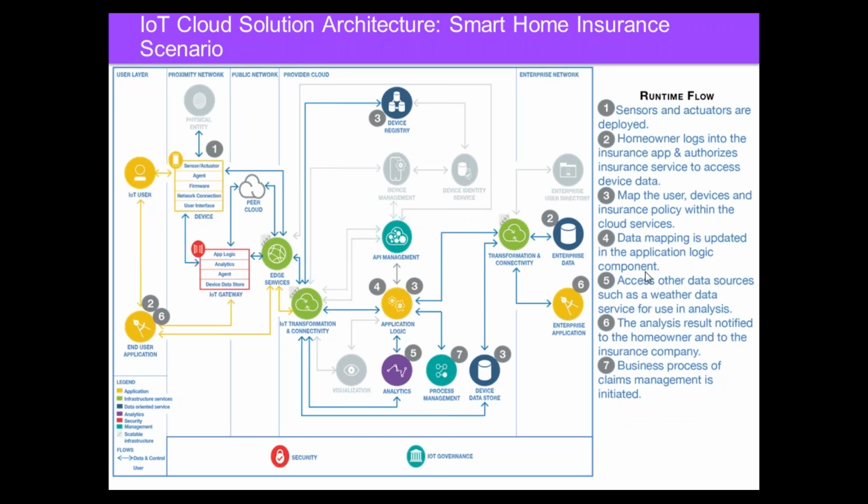What's the problem we solve? What's the advantage for insurance, and what's the advantage for the policy holders? And then I will go to the runtime flow. We have grayed out some of the components, but that does not mean they are not part of it. We just want to highlight the numbers to go over this runtime flow.